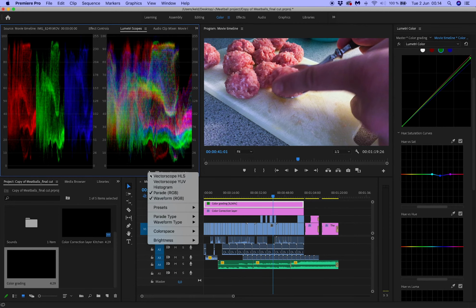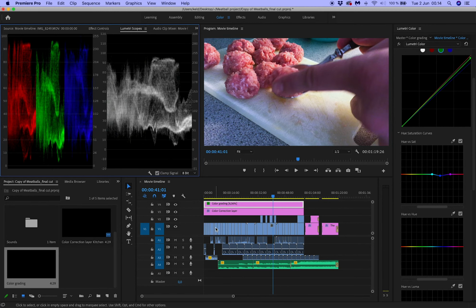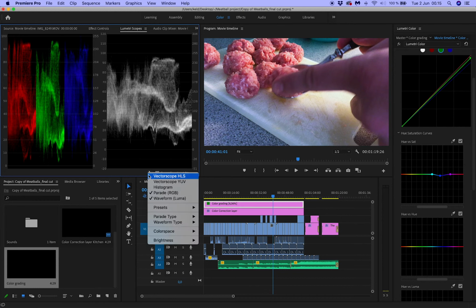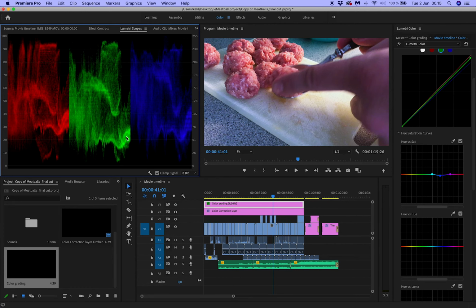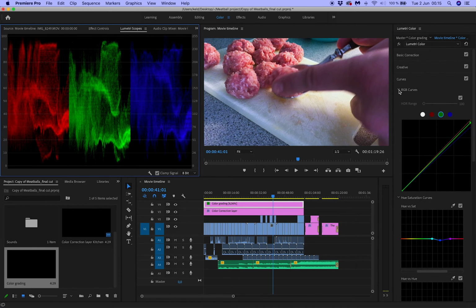If we go and have a look at the waveform, we can also change the type to only be concerned with light and not the colors. So here we have separated colors and then light. All of this combined will be the tools that you'll be working with, and the ones that you might end up working with the most is probably Parade, or even the waveform, perhaps having the light there. Depending on the size of your screen, you might also want to ditch that one. And then of course using the Lumetri colors over here to do